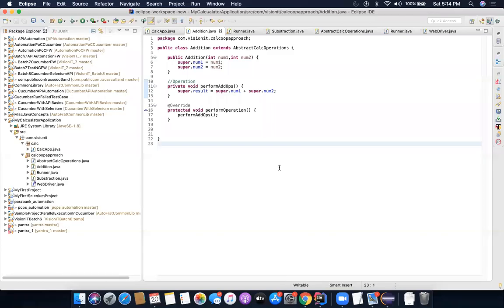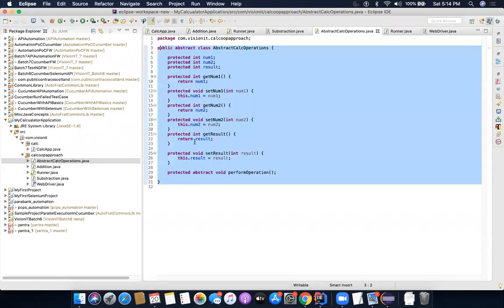Right. So what we have been discussing in the previous session was about the need of creating the abstract class and how to create the abstract class. And most importantly, how the process of creation of the abstract class will go. As I said, it could go in both directions. Either you first create subclasses and then think, oh, I needed a parent class because this could be reused. That's what we did.